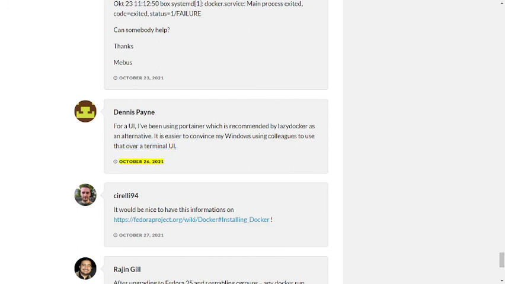October 26, 2021. Sorelli94: It would be nice to have this information on https://fedoraproject.org/wiki/docker#installing_docker. October 27, 2021. Rajan Gill: